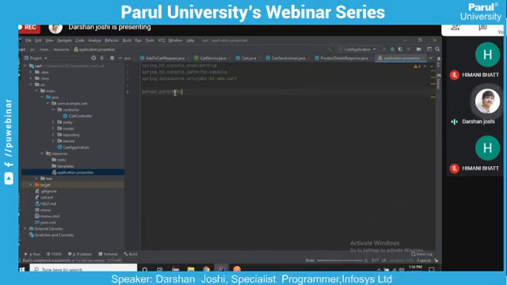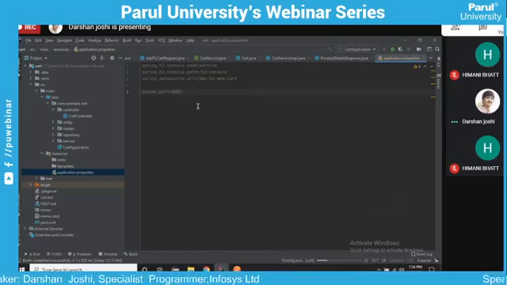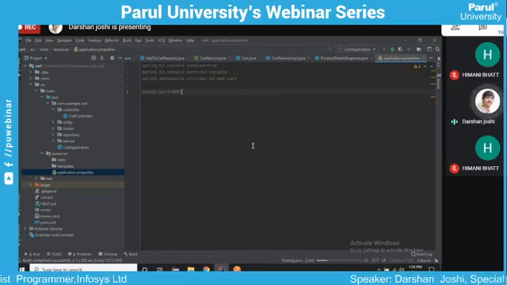So I've changed the port to 8081. Let me just run this application. It will run on port number 8081, and we'll create a new DB /cart.